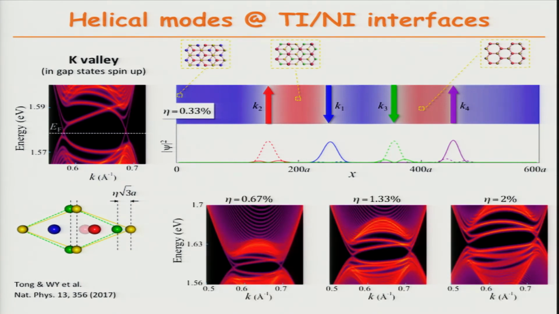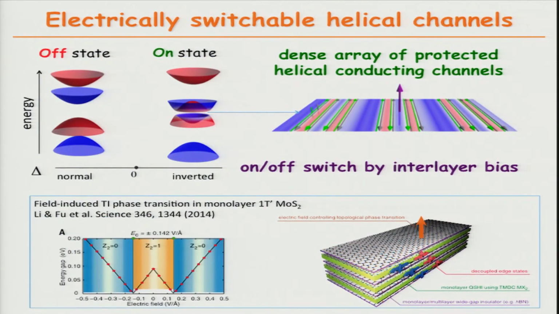If you change the lattice mismatch, these helical modes have a finite width. So when the Moiré pattern becomes small enough, they can couple due to a finite size effect, and then the spectrum becomes fully gapped once again. So one possible use of this electrically tunable and strain controllable topological phase transition is that it may function as a